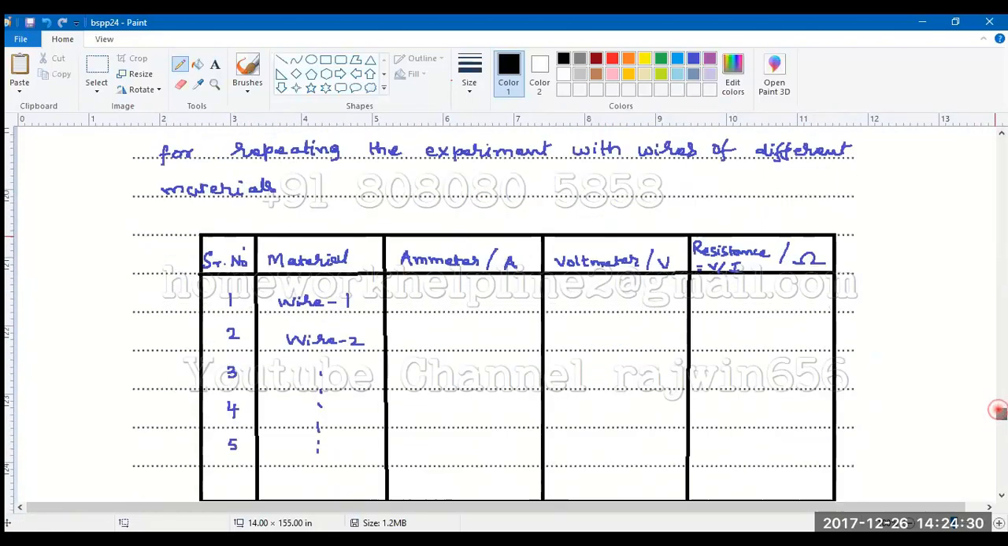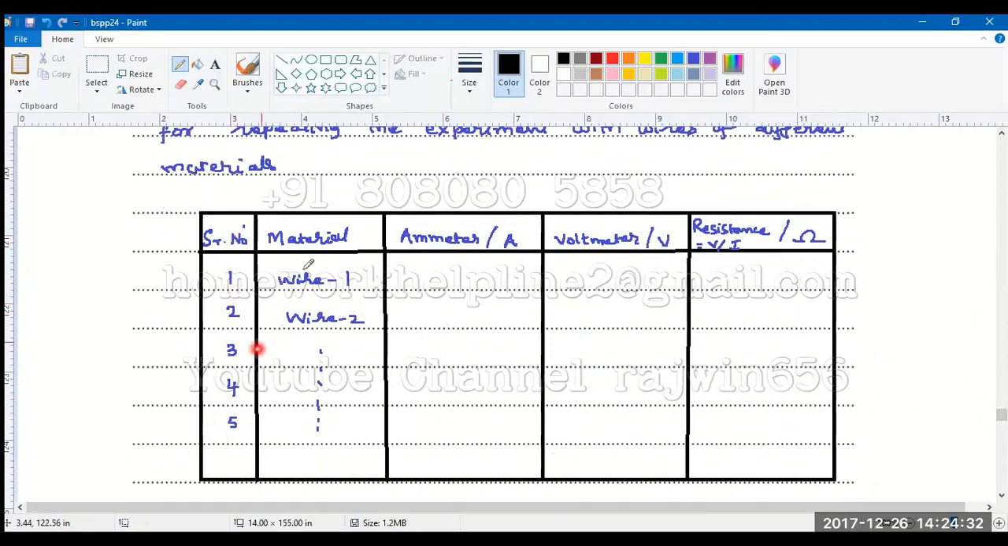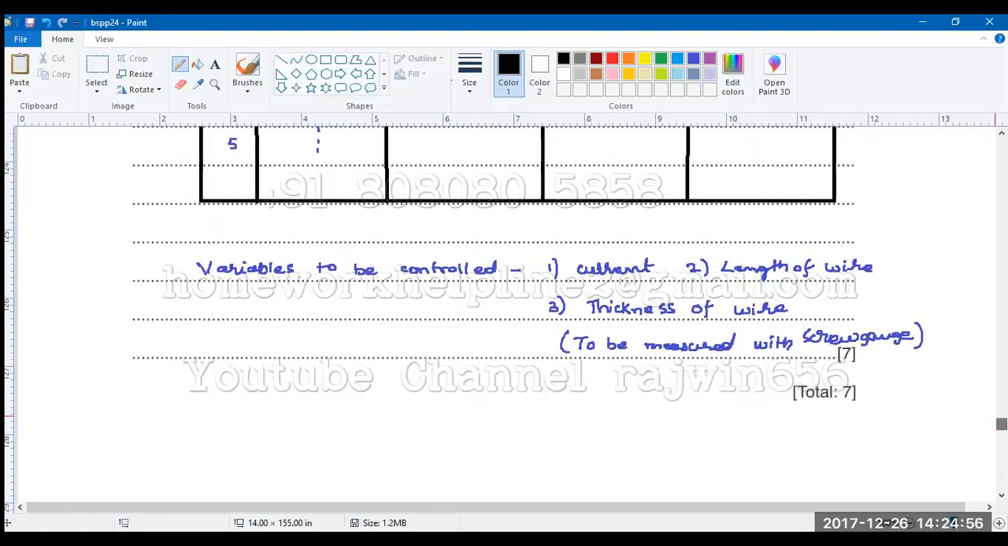So this is the table that is being prepared. The serial number is there, the different materials of the wires. You'll record the ammeter reading, voltmeter reading, and then resistance, which will be measured in ohms, will be calculated by using the formula V upon I. So you'll see that different materials of the wire will have different resistances. Now the variables that we are supposed to keep constant or controlled: